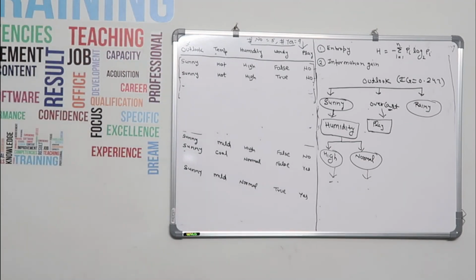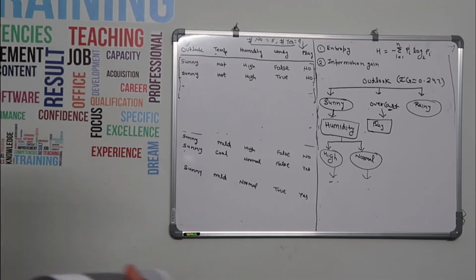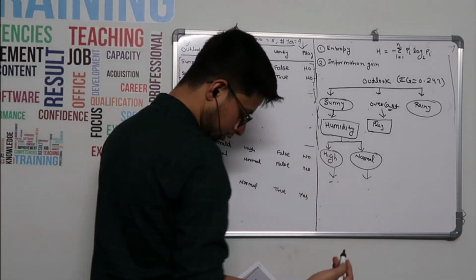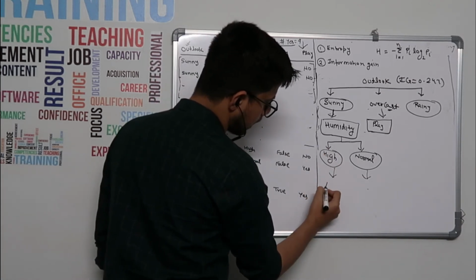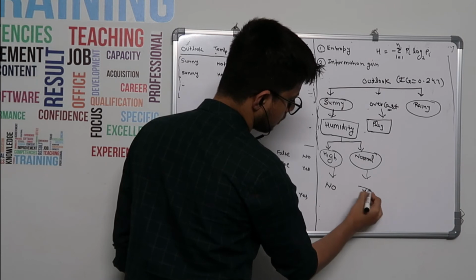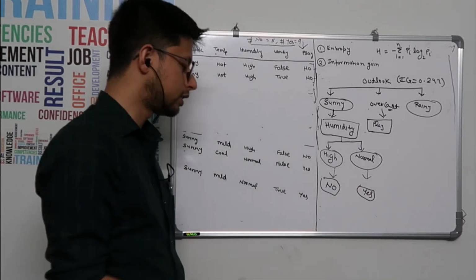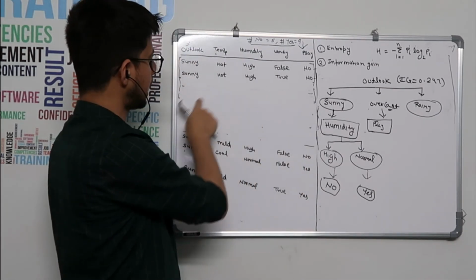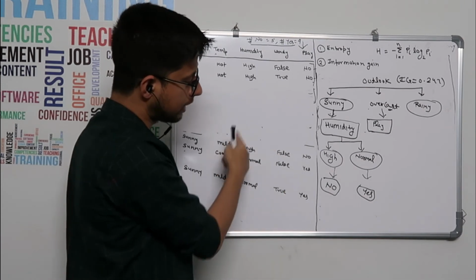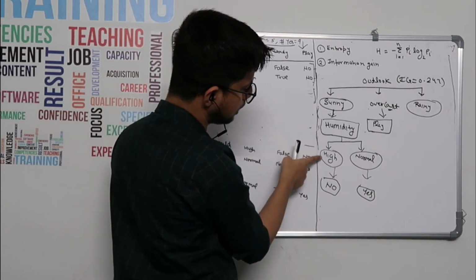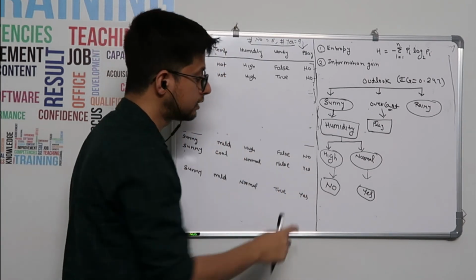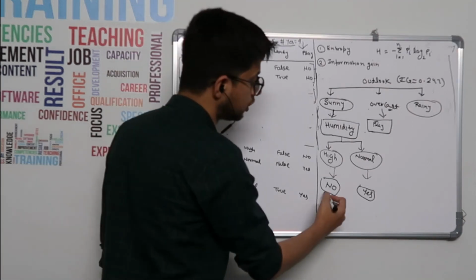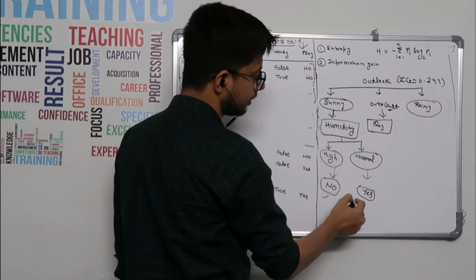So let me tell you, I have noted down, okay. So if you see in your data set, if it is high, then it is no, and it is yes. Okay, you just go back in your video and you will see the data set. Here I have rubbed it out, I need to write again, but if you go back, then you see in your data set, if it is sunny and humidity is high, then your data set has become homogeneous and it is no. So no need to further calculate the entropy. Entropy is anyway 0, then you will directly declare it is no. Okay, and in this case it is yes.